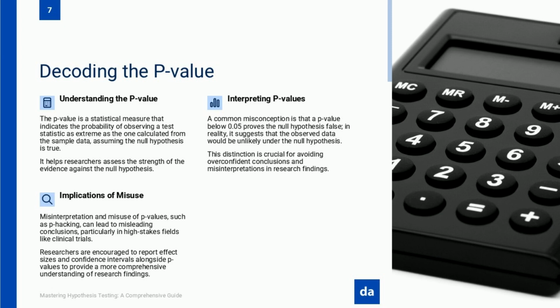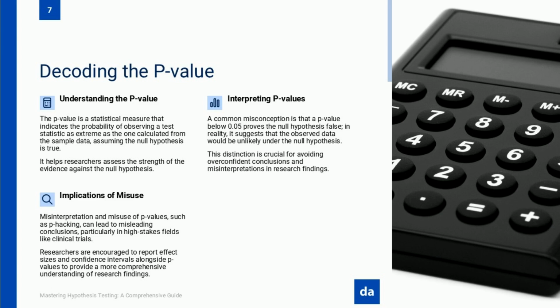This has led to calls for more rigorous statistical practices and a reevaluation of how p-values are used in hypothesis testing. In response to these concerns, some journals have even banned the use of p-values in submitted articles. While this extreme measure is not widely adopted, it highlights the growing skepticism towards over-reliance on p-values in scientific research. Instead, many experts suggest a more balanced approach that combines p-values with other statistical measures and emphasizes the importance of